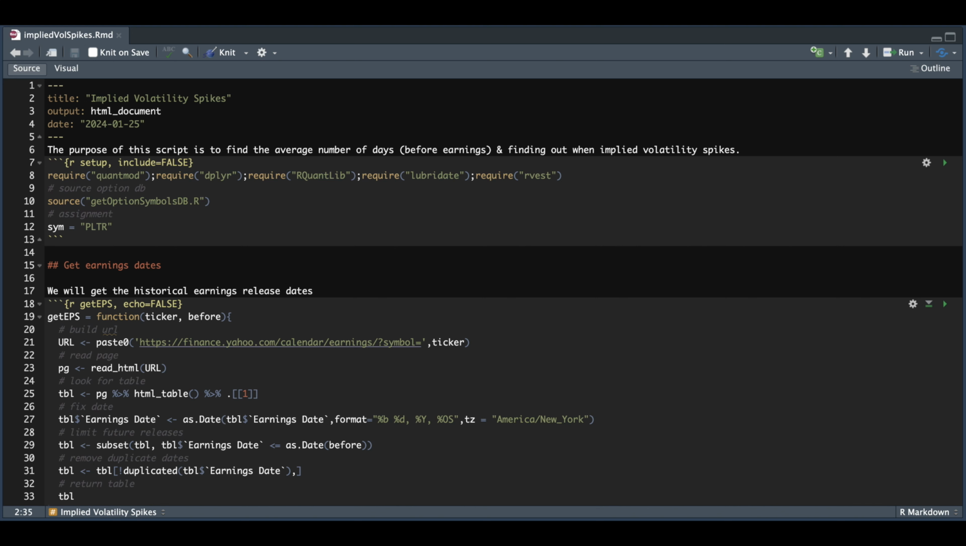Hey guys, welcome back. In this video, I'm going to be trying to find implied volatility spikes using out of the money options before earnings events. And we're going to try and see if we can spot some patterns of when the options increase in value due to the event. I currently have some put options that I'm shorting in Palantir, and I noticed that on